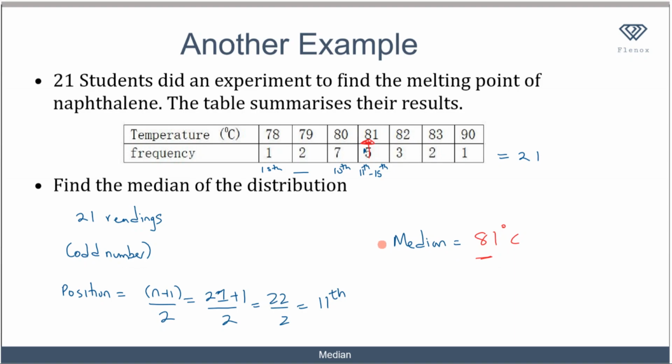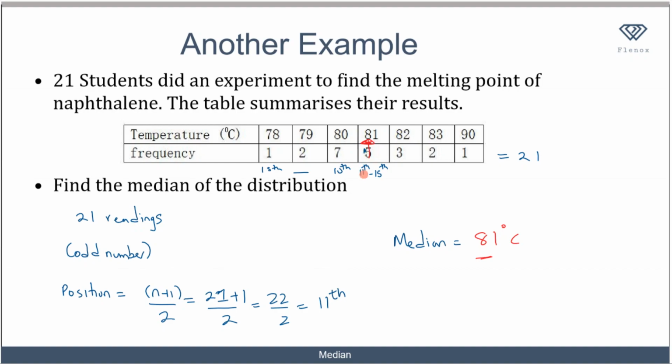So again, to recap, what we did was that we found the position in which the median is going to fall, and since the total number of readings was 21, we know that we are going to have just one middle number. To find the position of that middle number, we applied our formula for when the case is odd, n plus 1 over 2, which gives us the 11th number. So we kept on adding the frequencies together until we found where 11 fell. So 2 plus 1 is 3, 3 plus 7 is 10. So 11 will fall here.